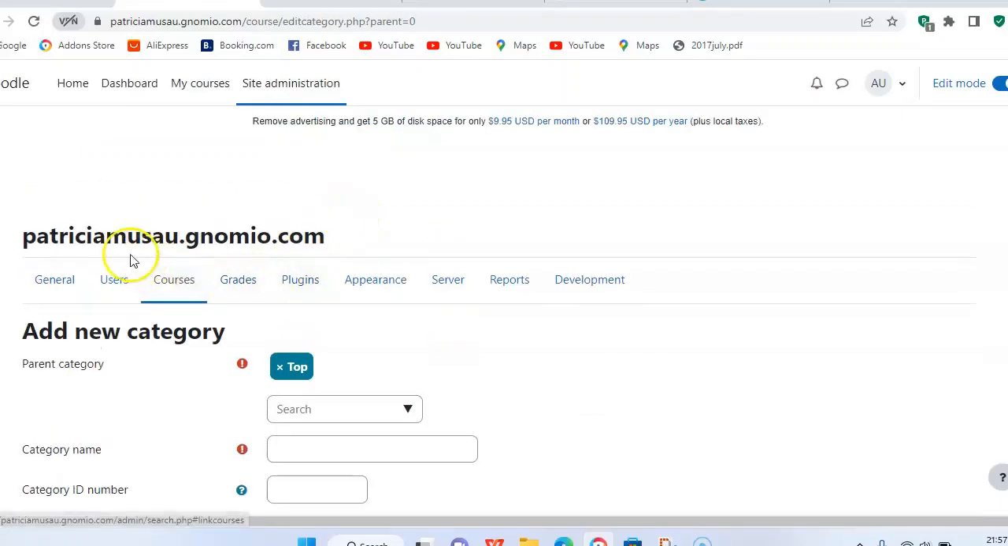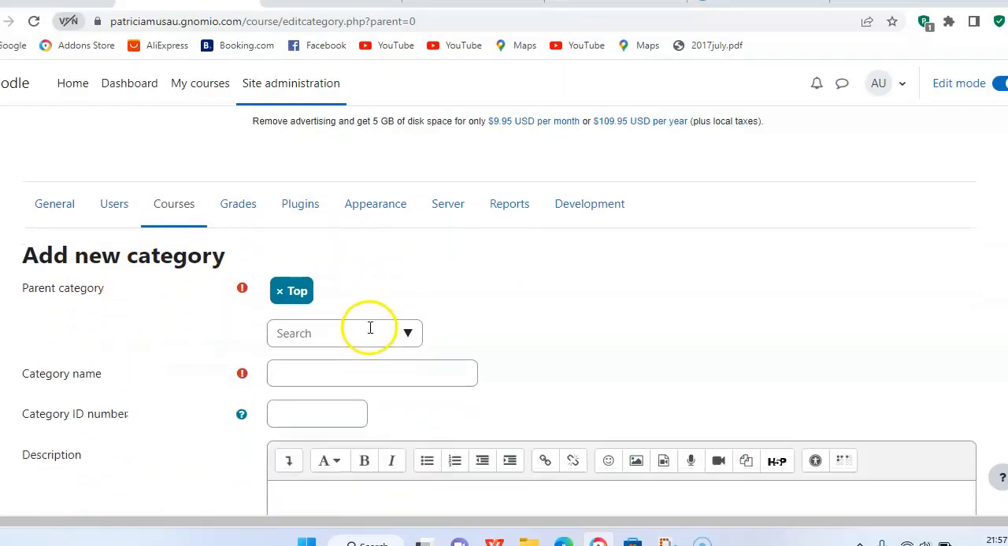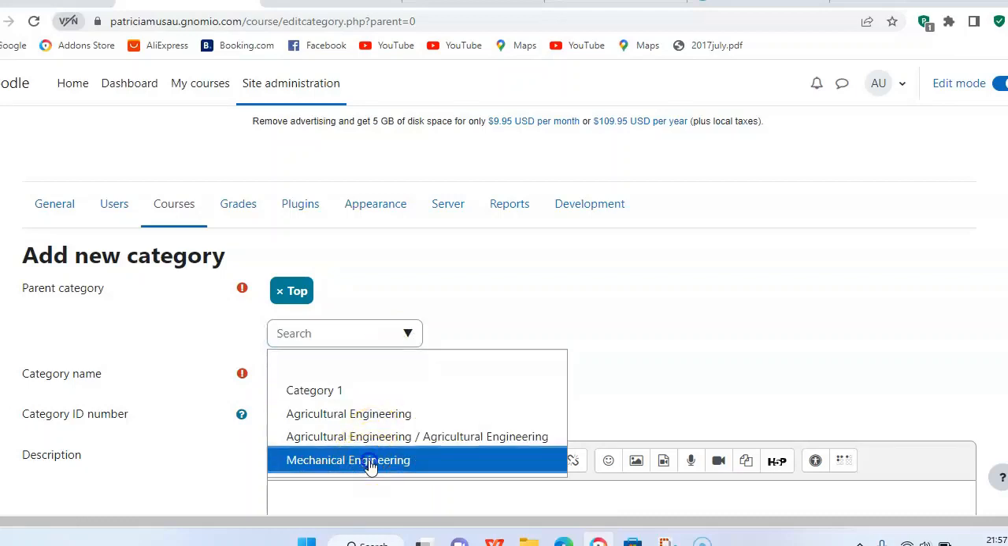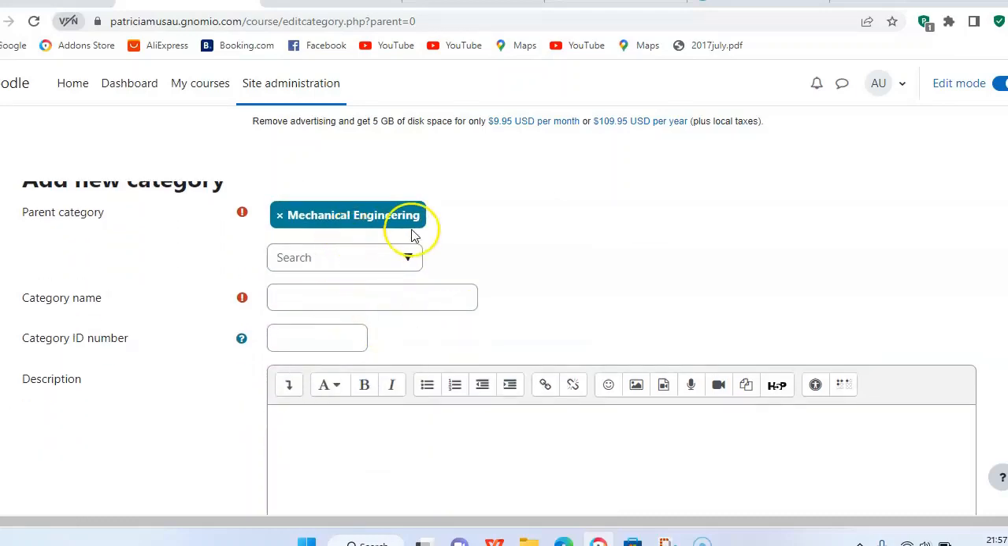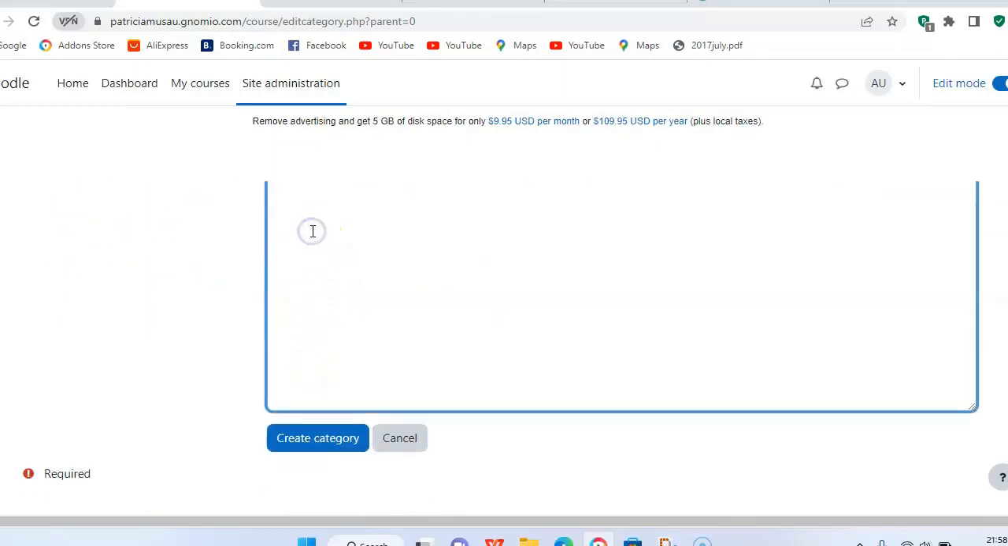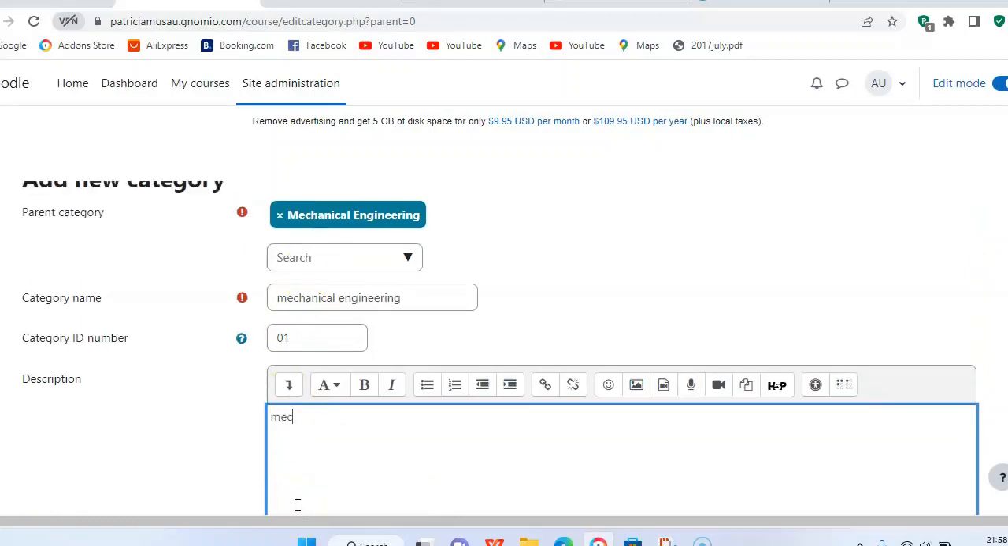It brings you to a page where you can add your categories. For example, I can put mechanical engineering. Then the category name, you can put mechanical engineering again. Once you have that, you can put an ID, maybe 01, which will be able to identify your course. You put a description, maybe you can say mechanical engineering